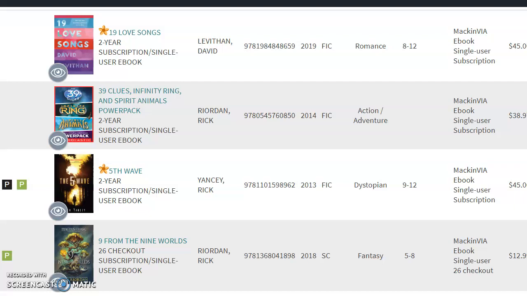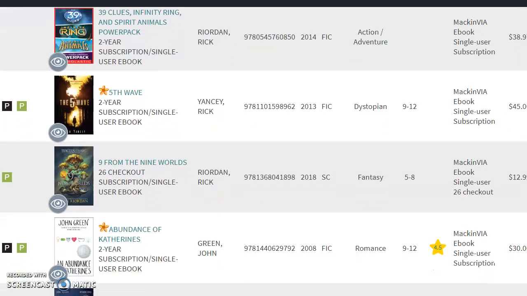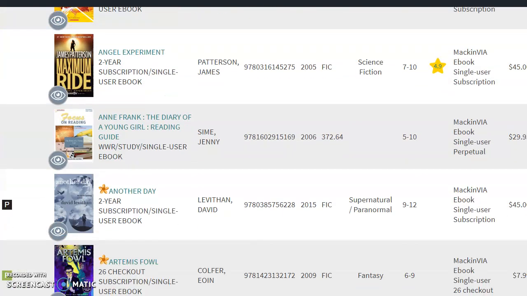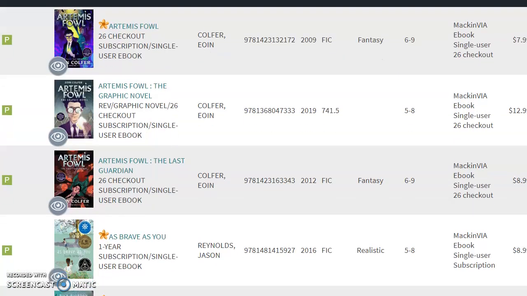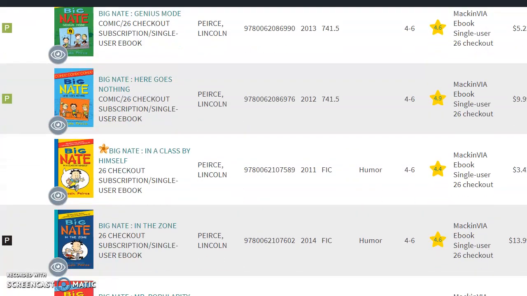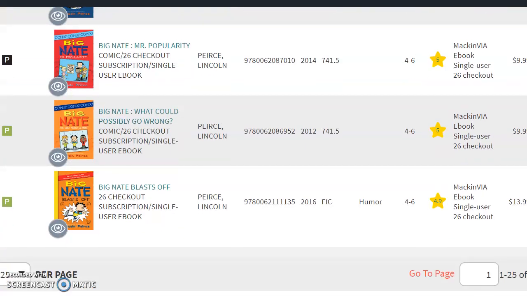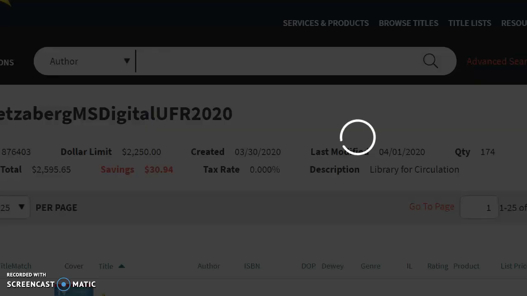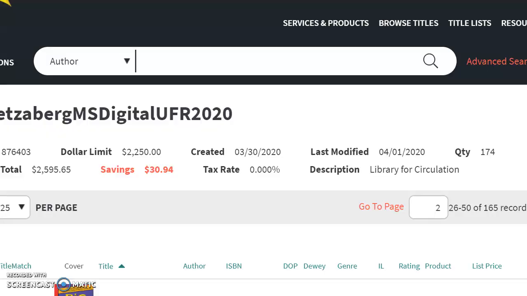I was just given some more money for ebooks, and this is some of the new ebooks. These are some of the new ebooks that should be showing up over the next week or two. We were able to add some graphic novels, some books that are coming out as movies soon, and I went through our list of most popular checkouts to give me a little bit of guidance. I'm going to go to the next page here. See how quickly it loads. Not quickly. Anyway, you'll see a lot of Big Nate and Diary of a Wimpy Kid,